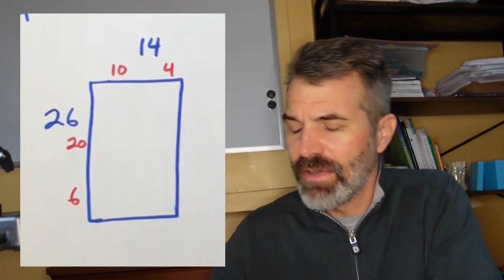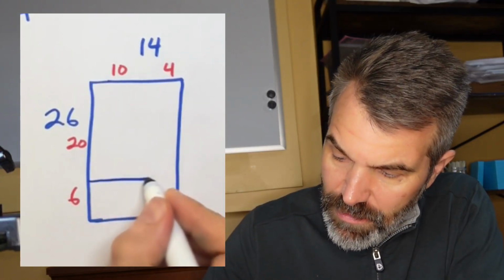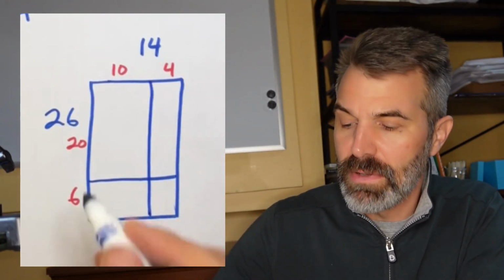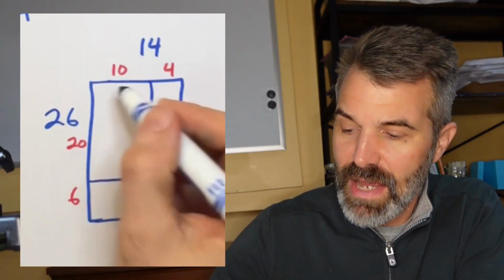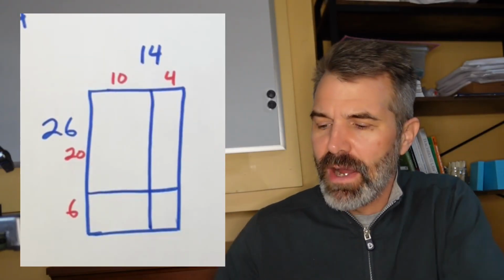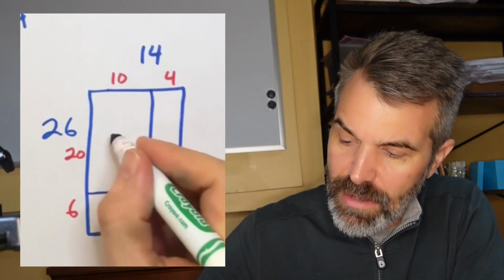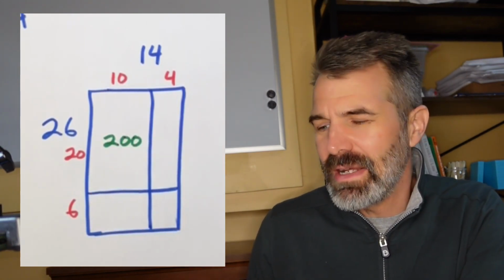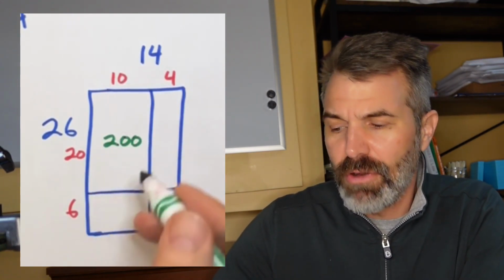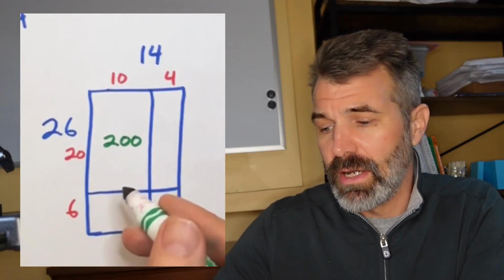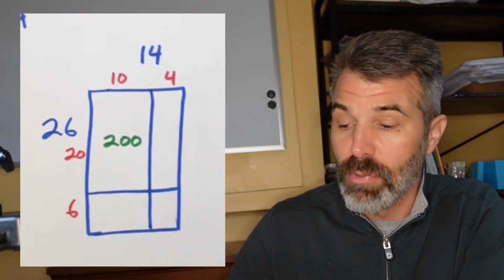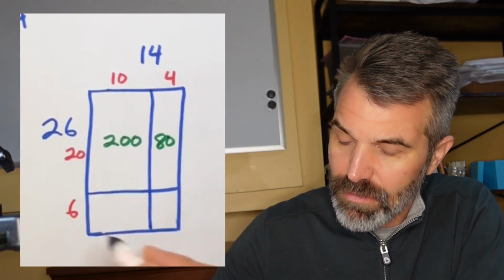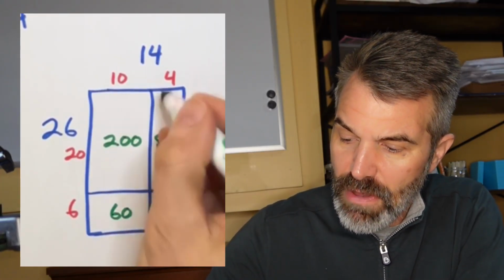As I think about this, if I broke this large rectangle up into 20 and 6 and 10 and 4, what I could do is find 20 times 10, and 20 times 10 is 200. Many students find their 10 tables pretty easy. It's called a partial product, because it's part of the entire product. And then 20 times 4 is 80, and then 10 times 6, well, that's 60, and then 4 times 6